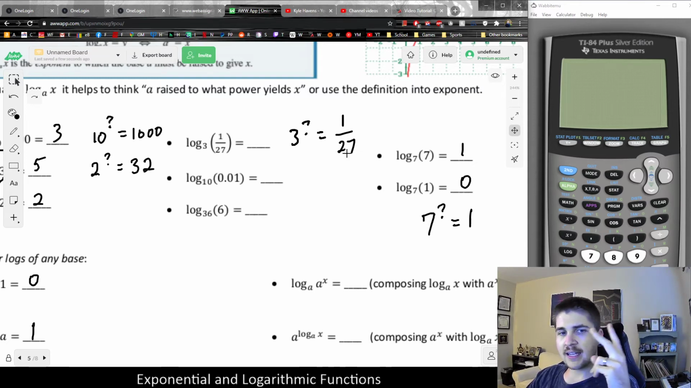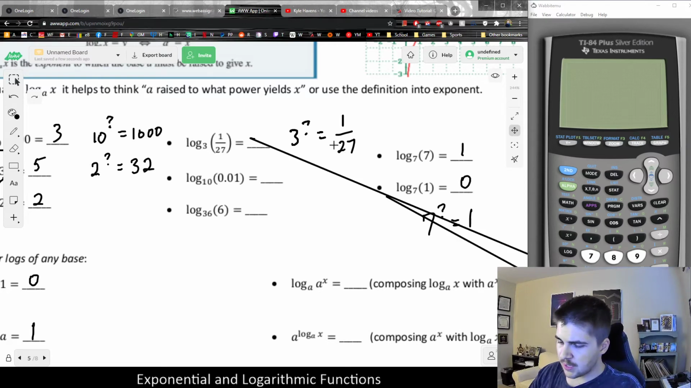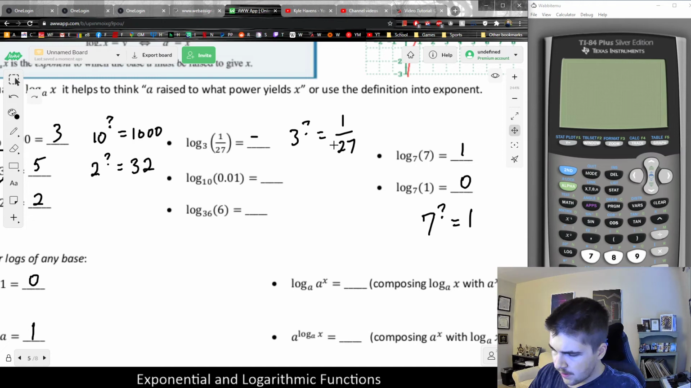3, 9, 27, that should be 3 3's. So this should make -3, because 3 to the -3 would, again, reciprocate and leave me with 1 over 27. But also, if you're not great with your exponents and stuff, again, you can always go to your calculator, and